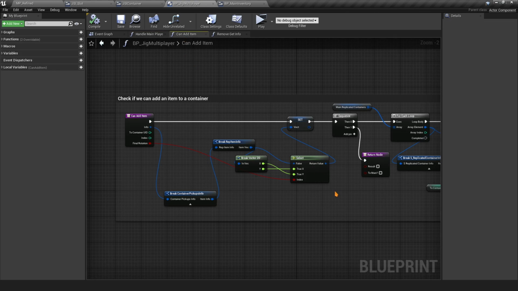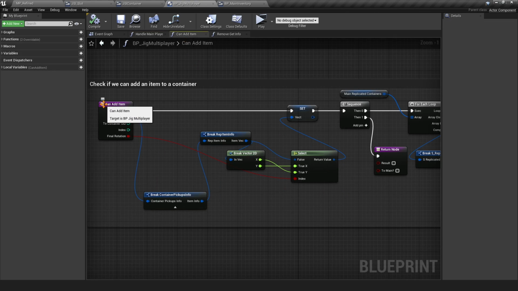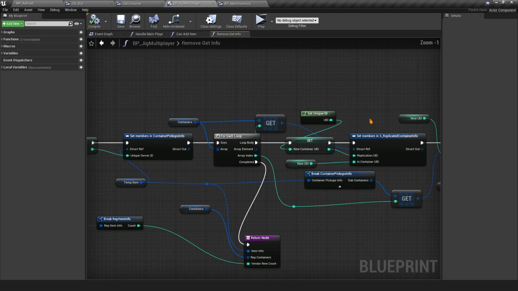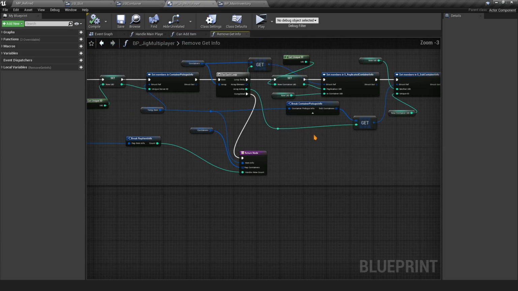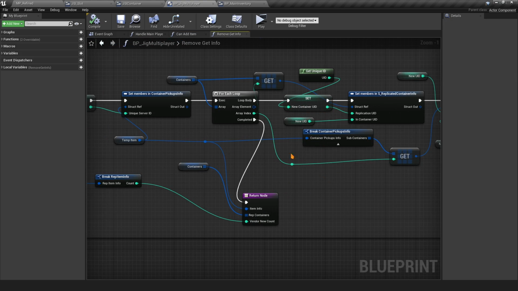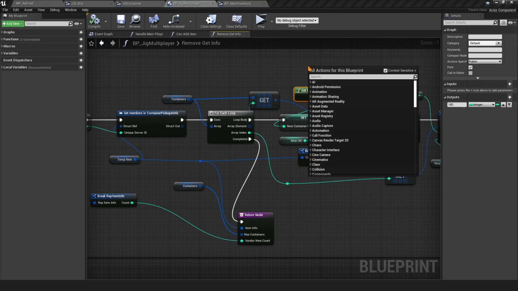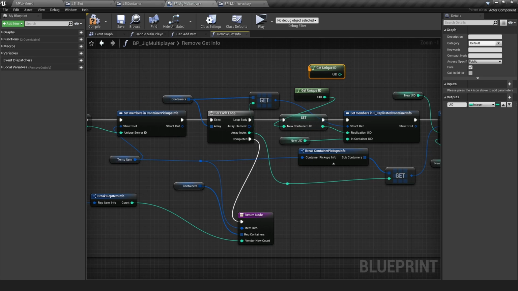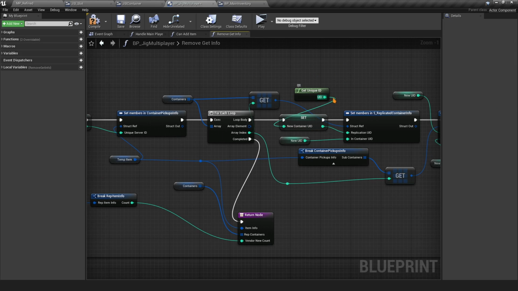Next function here is the can add item. What you want to do here is plug in the final rotation directly to the select node, and finally the remove get info here. What you want to do here is go all the way down to the right and add a new local variable. You can click on add new local variable, type integer, and you want to get a unique ID. Just look for get unique ID,